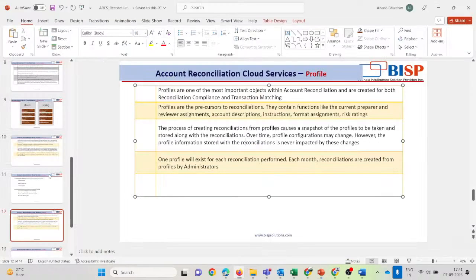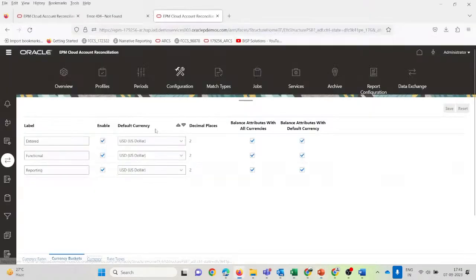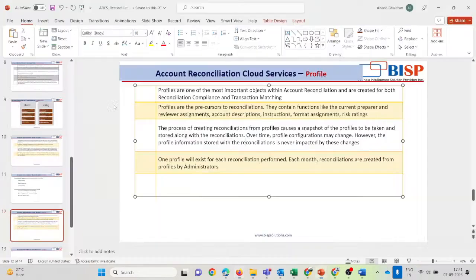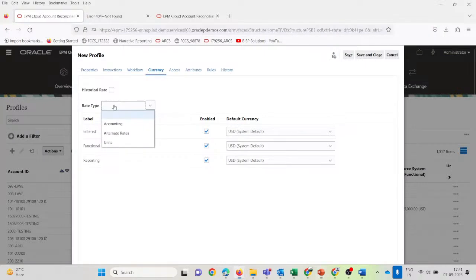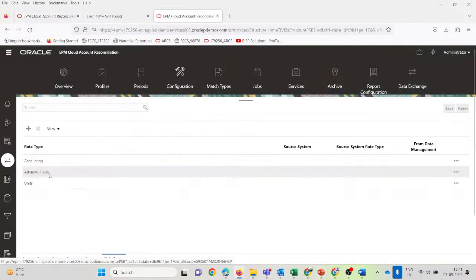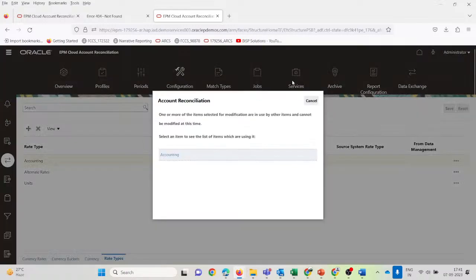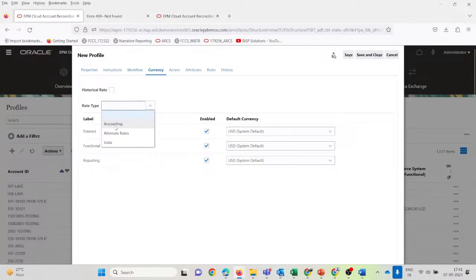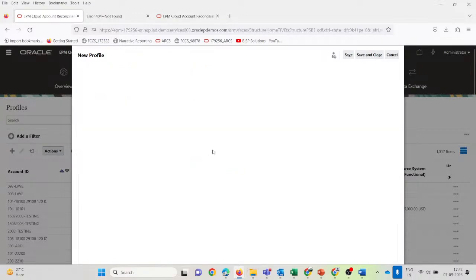Interfunctional reporting. So we have this interfunctional and currency. What are the rate types? So what rate types have we defined in it? So rate types are here. We have defined accounting, alternate rates and units. So here we will take it as accounting and oh,